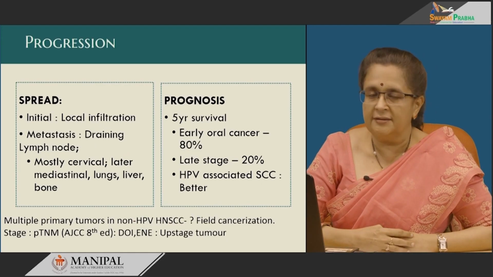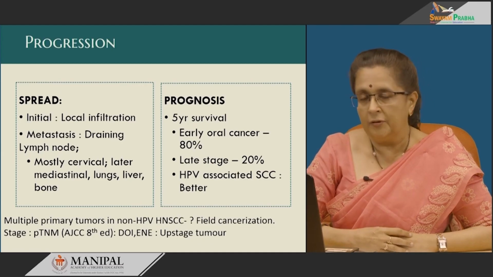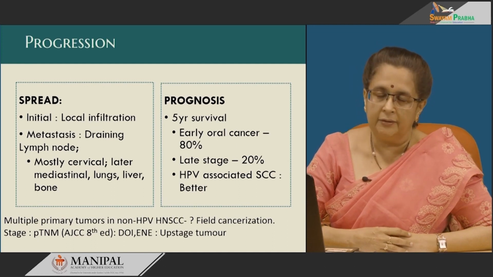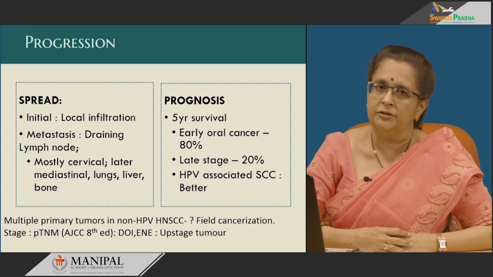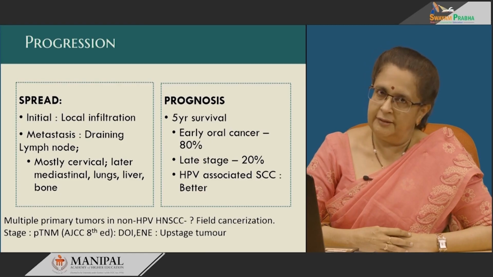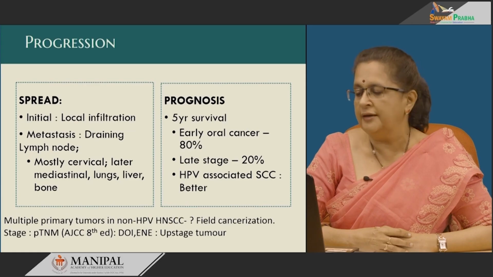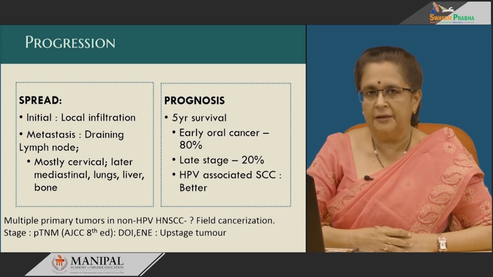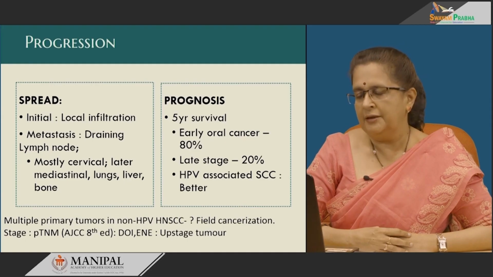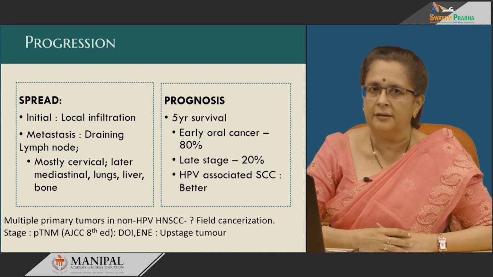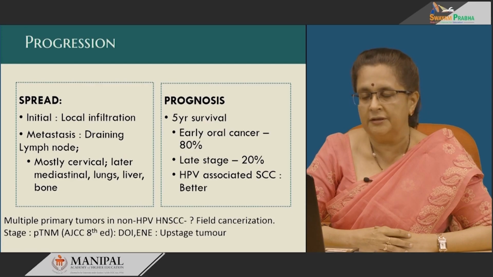Now, these tumors are staged as per the pTNM or pathological TNM staging. Right now we use the American Joint Committee on Cancer 8th edition, in which the tumor stage depends on whether the tumor is in situ, or then it is divided into T1 to T4. Whether it is less than 2 centimeters, or 2 to 4 centimeters, or greater than 4 centimeters, and with depth of invasion less than 5 millimeters, more than 5 millimeters or more than 10 millimeters, and likewise whether the tumor has infiltrated locally or extensively, that belongs to T4.